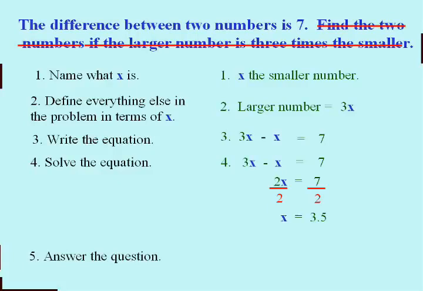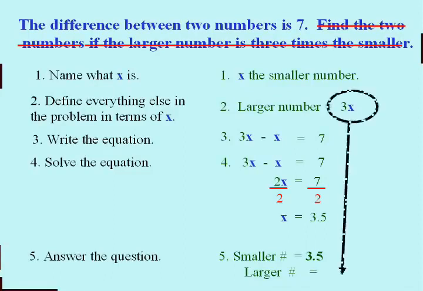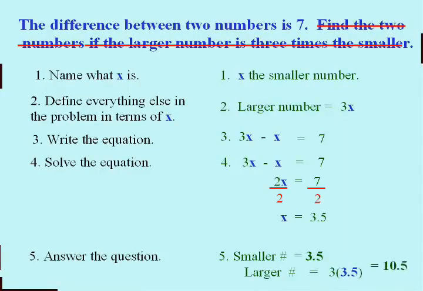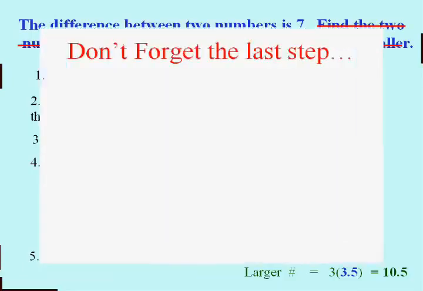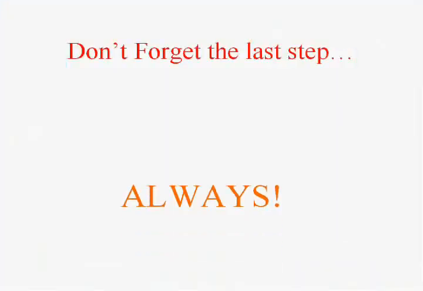Got to answer the question, what is the smaller number and what is the larger number? Well, x in this case is the smaller number. So the smaller number is 3.5. The larger number, good thing I wrote out step 2, is 3 times that. 3 times 3.5 is 10.5. So there's your answers. Is that your final answer? No, because